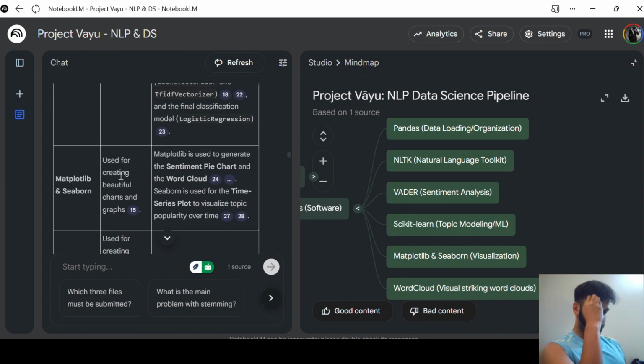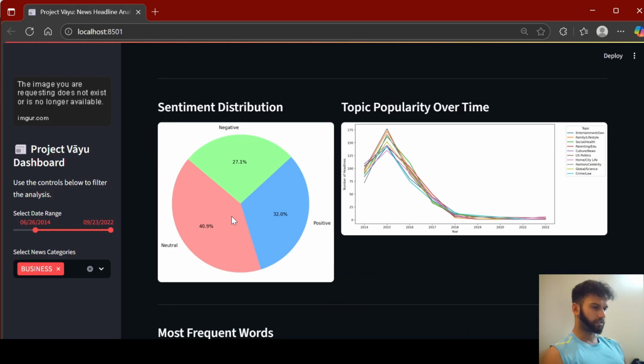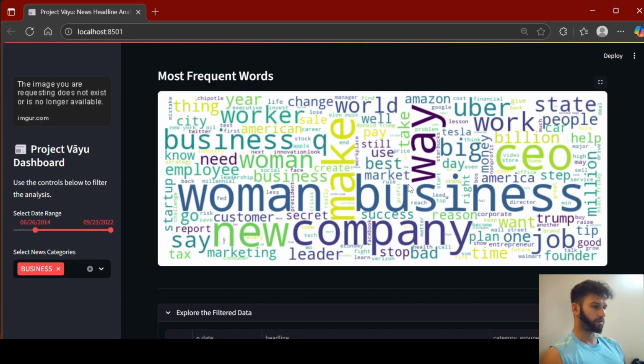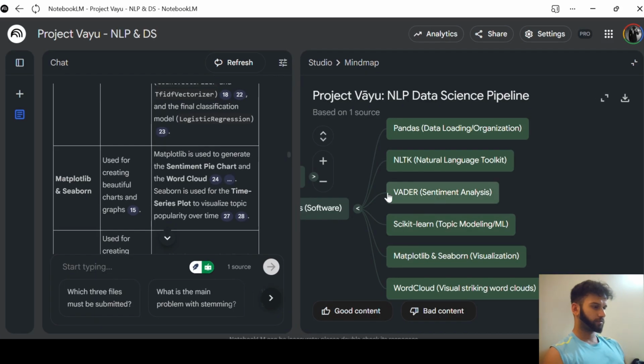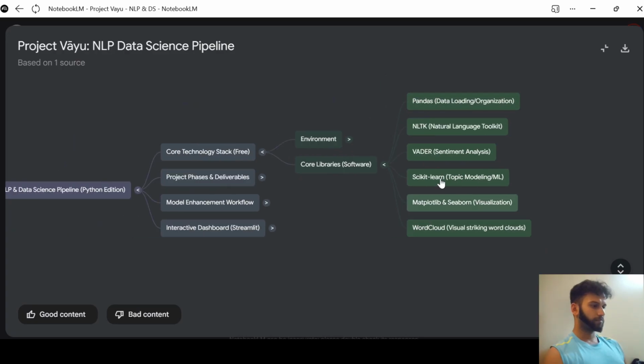Then we have the visualization libraries, that is Matplotlib, and the word cloud I showed you here, right? Wait a minute. See, this one was made with Seaborn. This is a graph, a sentiment distribution pie chart. So this was made with Seaborn. Here's the Seaborn right here. Yeah, Seaborn and Matplotlib graph. Then the word cloud I showed you. This is called a word cloud. So for that also this library comes. Okay, so here I have explained the basic libraries that we will be using. Under NLTK we have many packages to download. While doing the code we will see that.